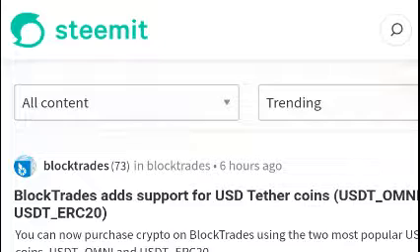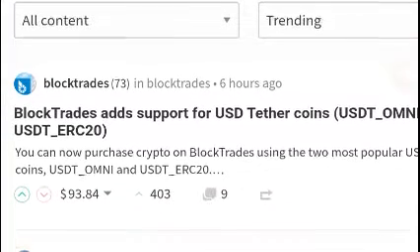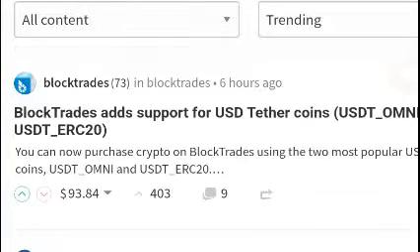And so the way it works is that, for instance, if you're looking at a post like here, the block trades post, you can see here that it has 403 votes.